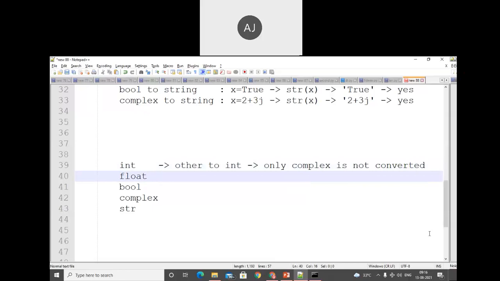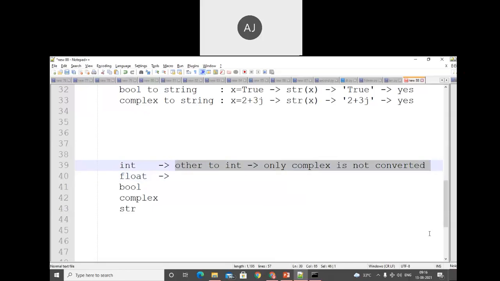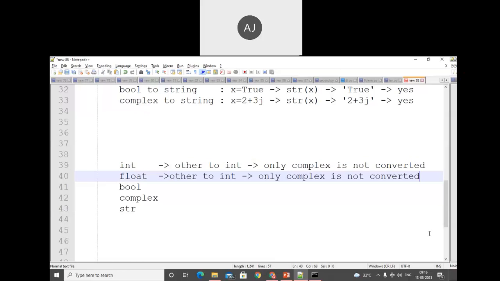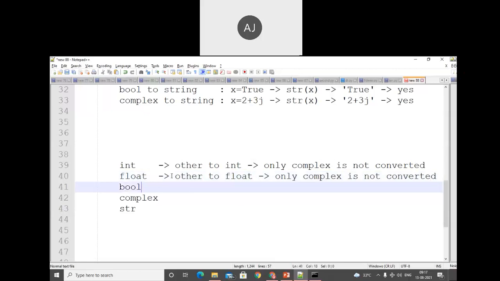Let me talk about the float number. In that case also, when we try to convert other to float, only complex is not converted. Okay.